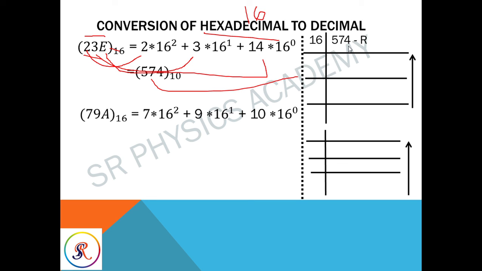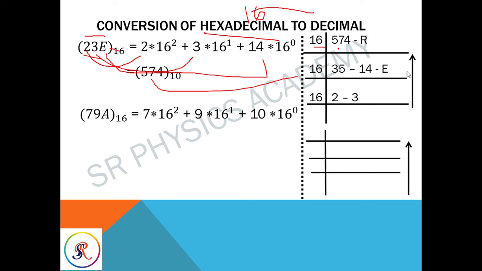So 574, we know that in the last video also we discussed converting from decimal to hexadecimal, which number we have to divide by, the factor 16. So 574, we will get 35. The balance is 14. 14 means, already in the truth table we learned E means 14. Okay, after 9, A, B, C, D, E, F. So we will get 14 is E.